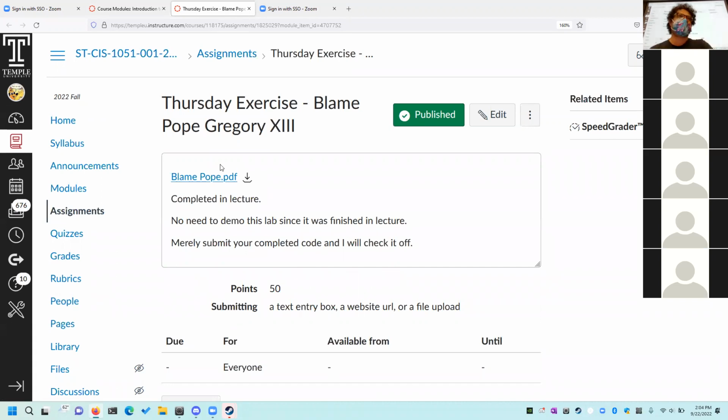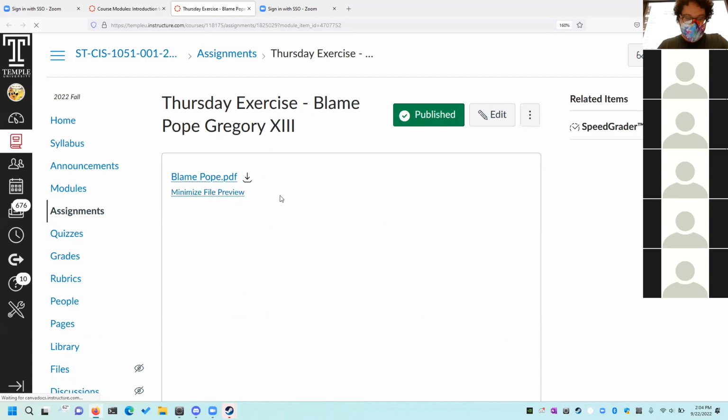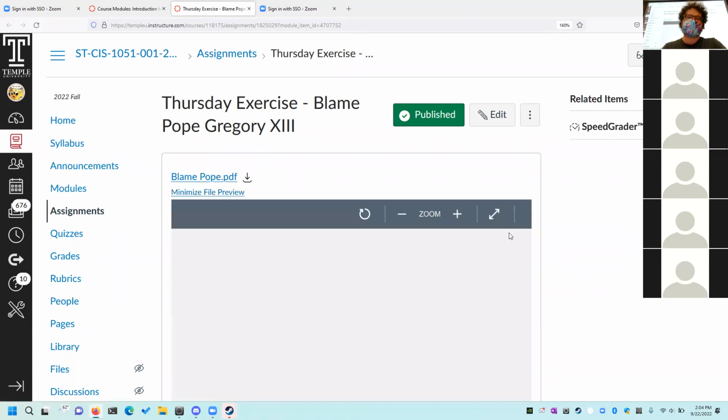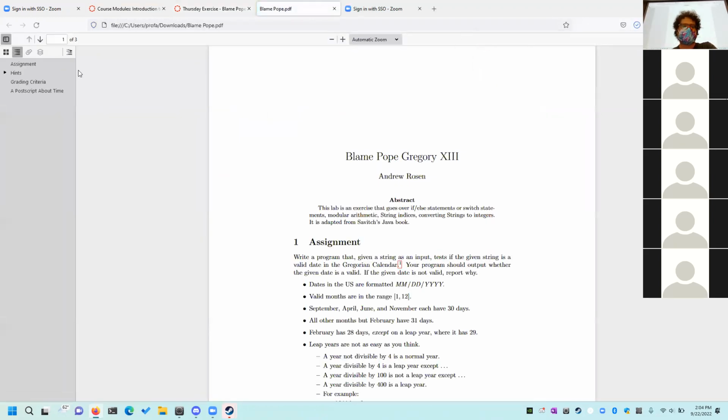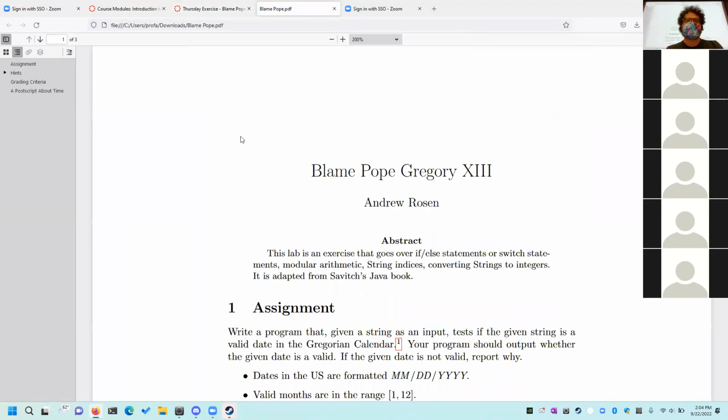I'm going to primarily be checking for whether you attempted it rather than correctness. But we'll go through, and I'll be helping by giving you the answers in the outline for each part as we go through. This used to be a homework, and then I found it worked much better as an in-class exercise. So